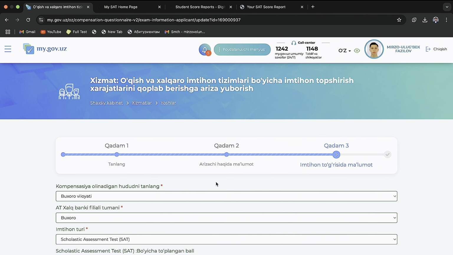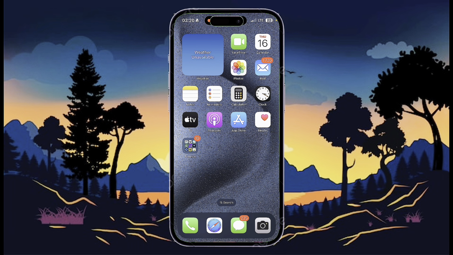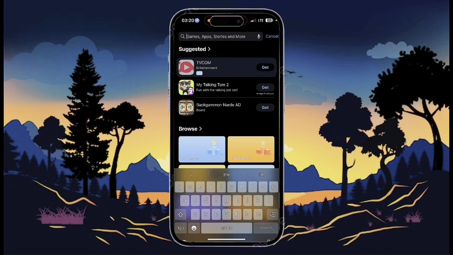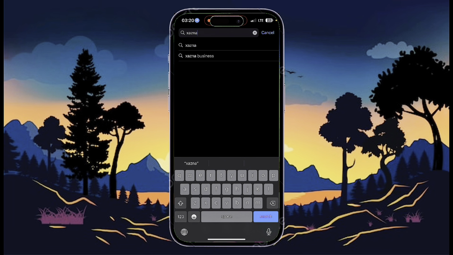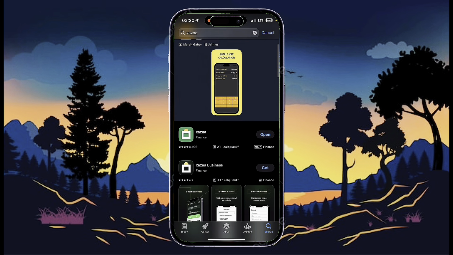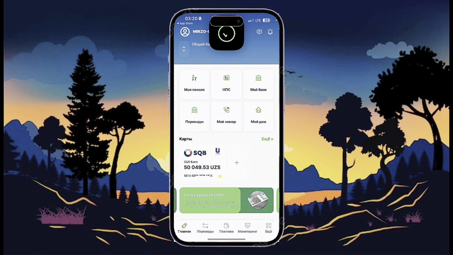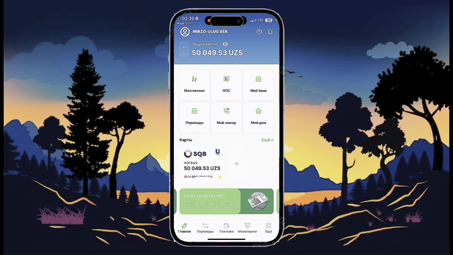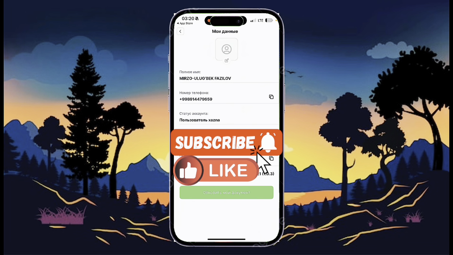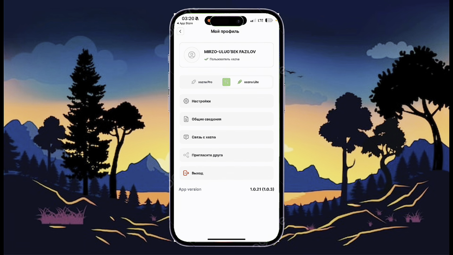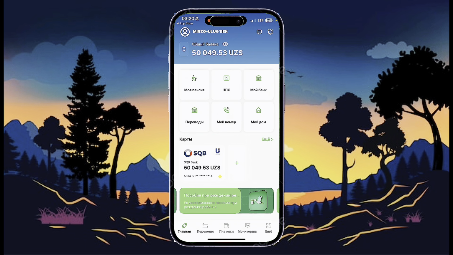And let me show you also how you're gonna receive your money. So to receive money, first of all we should download this app called Hazna. Yes, and it is this app Hazna. Opening it. As I'm already registered, I have nothing to do there. But just because you are new, you should first register there. You should enter some passport ID data to make it relevant with your mygovernment.us. So then after you get into your profile, you should click this button,